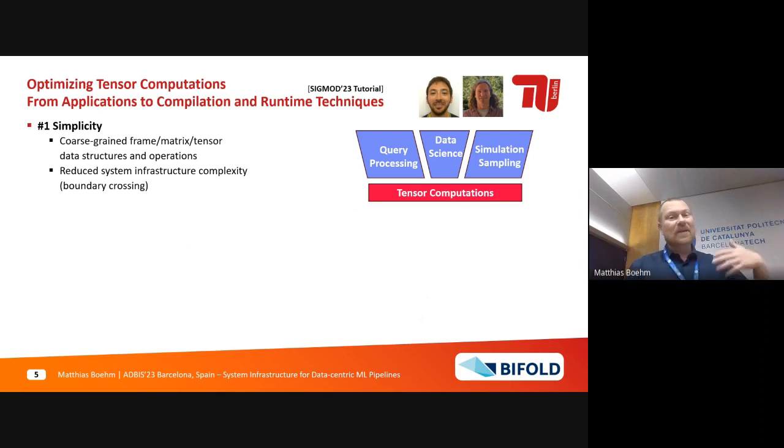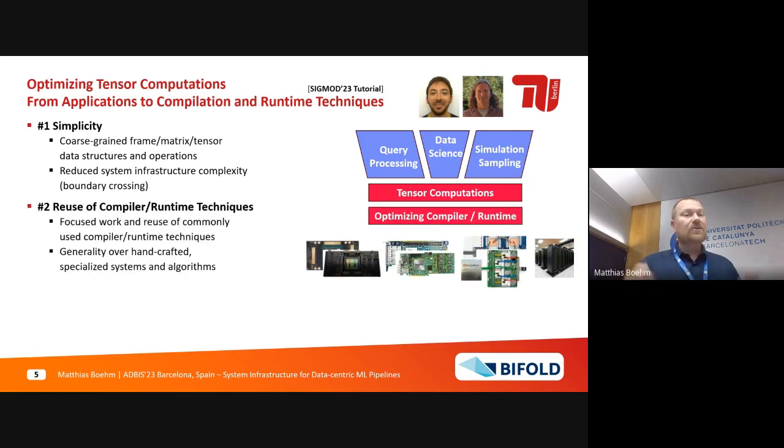computations. So Matteo's team is working on how to map query processing onto tensor operations to better utilize hardware accelerators. My group is working on the end-to-end data science lifecycle, and Chris Jermaine has for decades worked on simulation and sampling. And as it turns out, we can map all those broad areas to a narrow set of linear algebra operations such as matrix multiplications, aggregations, statistical functions. So it can really be this narrow waist, which then allows us to efficiently reuse compiler and runtime infrastructure to